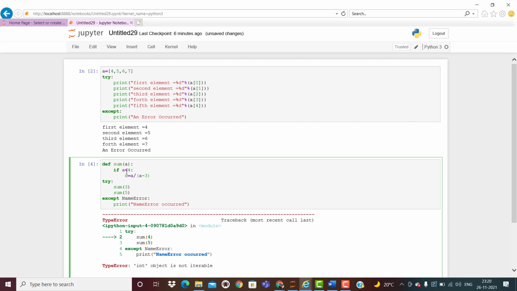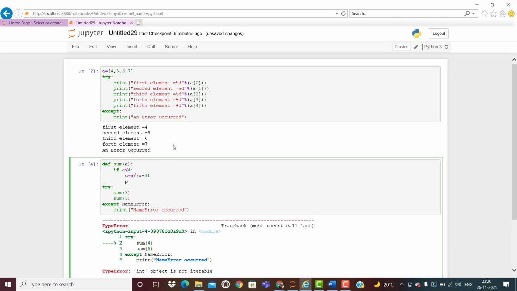So here 3 I have passed. It is less than 4 only. So it will enter into this. Here 3, 3 minus 3 is 0. Now it is going to be dividing by 0. So here it is going to throw the error. So let me print this value. Print the c value.